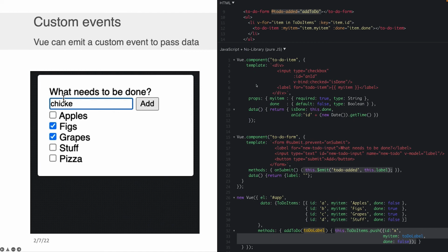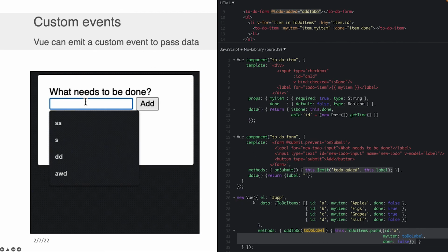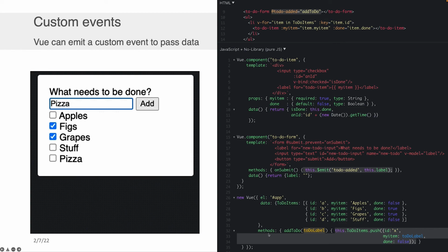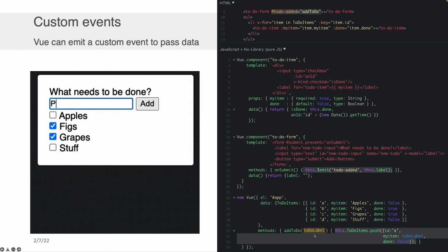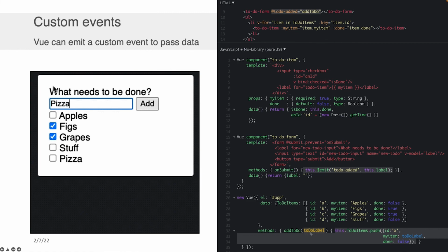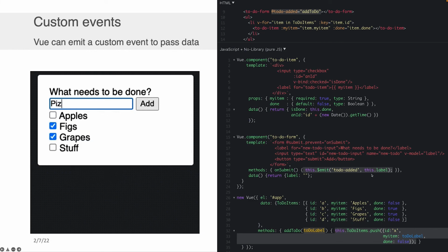So notice we're no longer in the components now. We're now in the new Vue itself. And we've added this method, add to-do. Okay, that was what was called up here, add to-do, and it has a to-do label. This to-do label is acted on by taking whatever was passed through, that's this label that we passed through, and we're going to